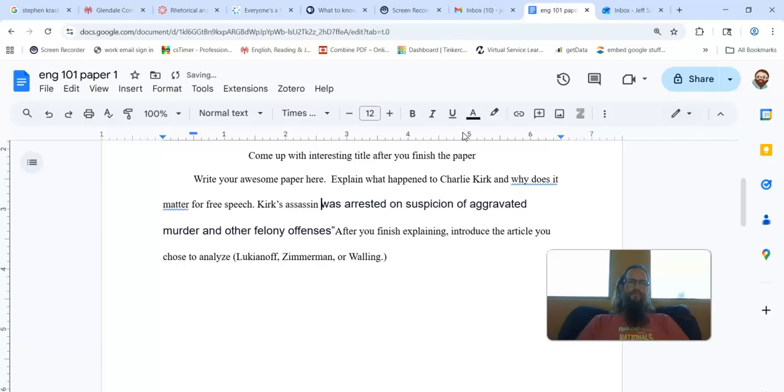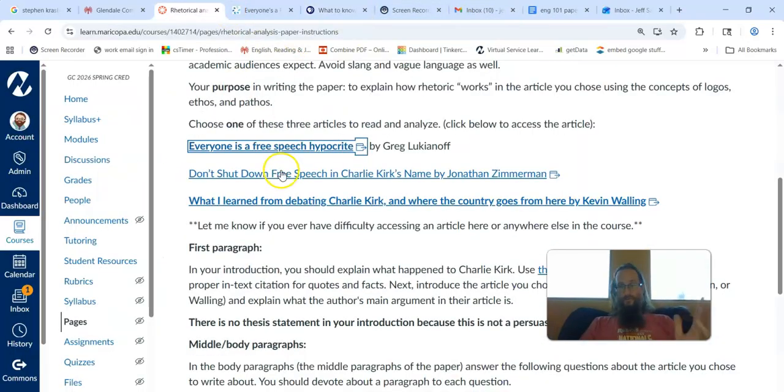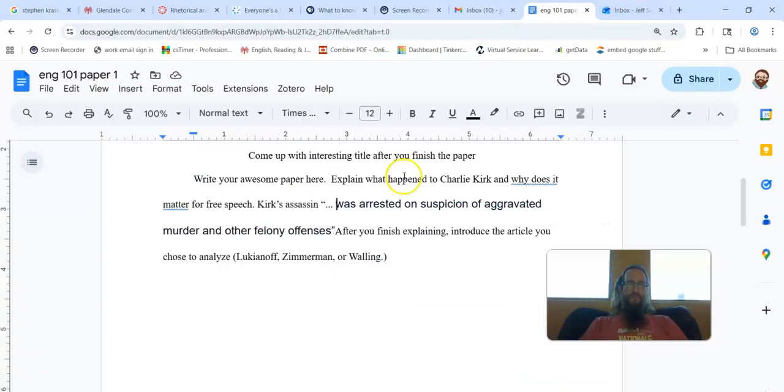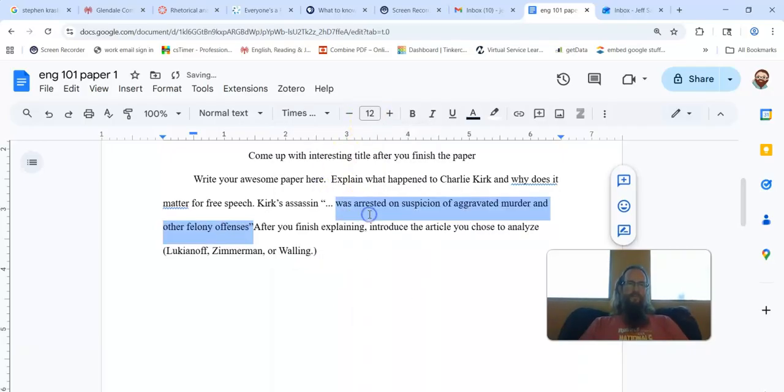I pasted it, so I'm going to put quotation marks on it because it's not my words. I'll put the three dots, which is called an ellipsis, because I eliminated some of the sentence, because short quotes are better than long quotes. Read the module materials to learn more about that. Got to put it back in Times New Roman 12-point font.